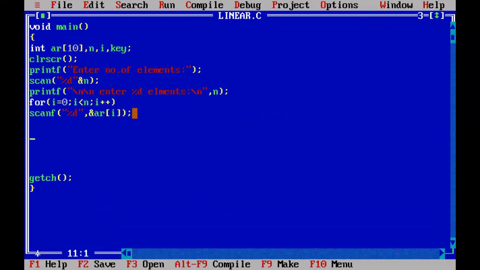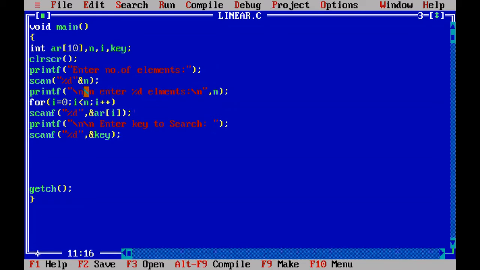For that, first we have to know the key, then immediately ask the user with printf, enter key to search. Whenever the user is entering the key value, you capture it again with the scanf function, %d, and store it into the address of key.